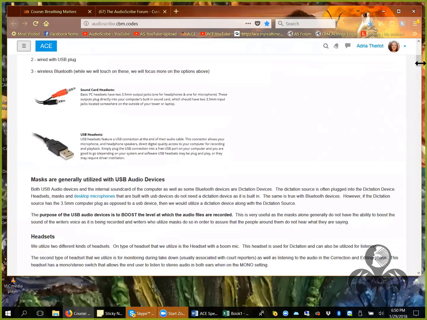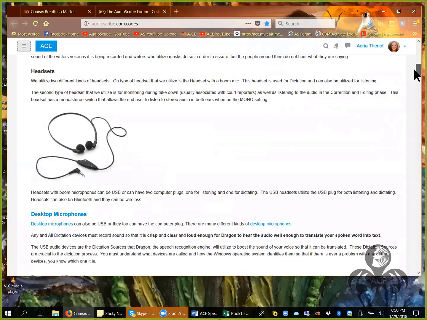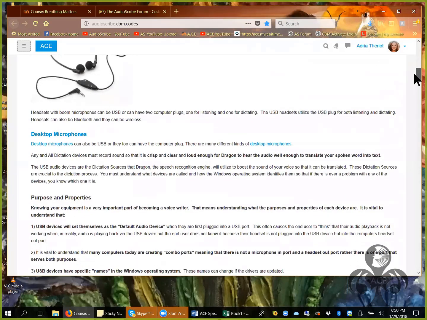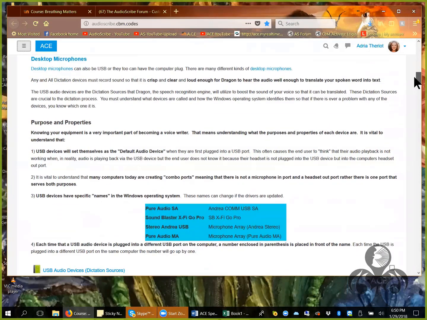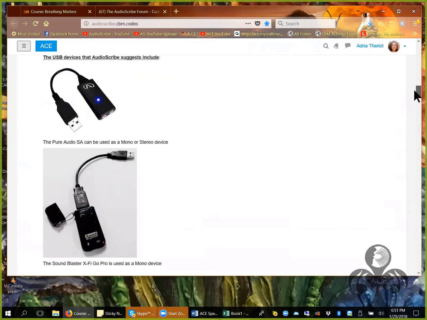Many of you have been using SpeechCAT for years, and you know all of this. And if you don't feel that it's going to be beneficial to you, you can certainly skip it. For the new people, I think it's a great thing to help you to understand these devices and what we call them,